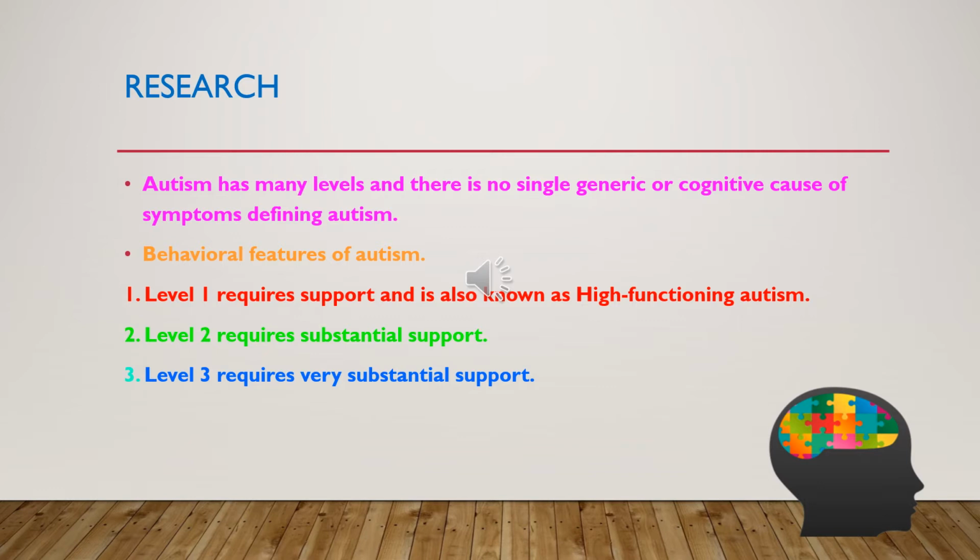Level 1 requires support. Level 1 is also the mildest form of autism, which is referred to as high functioning autism. Surprisingly enough, my middle child has autism, and he has the high functioning autism. So at this level, typically they have more difficulty with communicating with other people. They have difficulty interpreting social cues and body language. And in some cases, people at this level have trouble moving from one task to another, like transitioning,